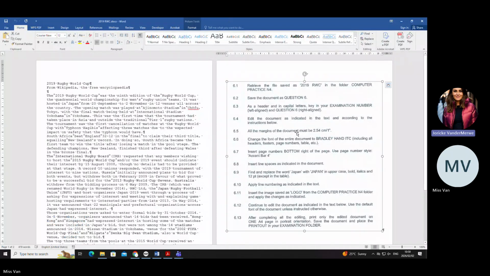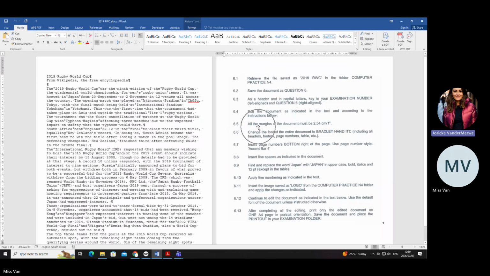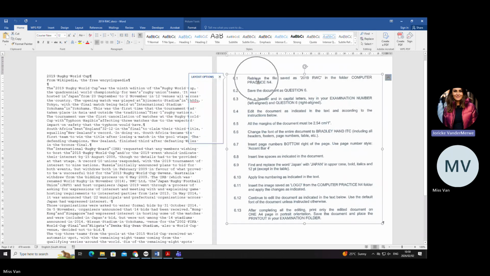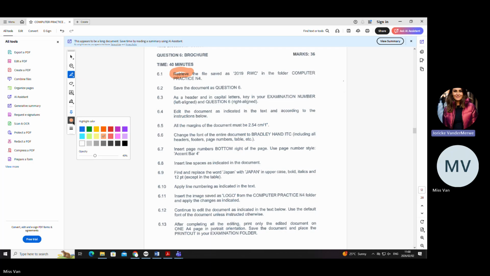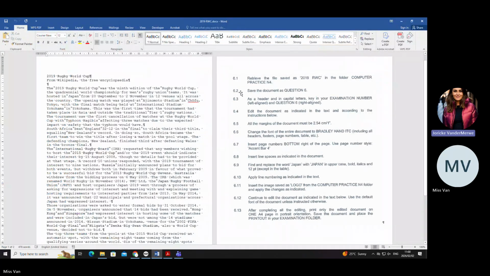You will see that the question paper is on your right-hand side. So we are going to go back and forth from this. We've already done the retrieve. So on your side, what I want you to do is just to take a pen. It can be a black pen, a blue pen. And as you've done something, please tick it off so that you know you have done that. I want to see your question paper being all scribbled around. You're not going to tick it off now because I've done it. You haven't. Okay, let's go to number 2.